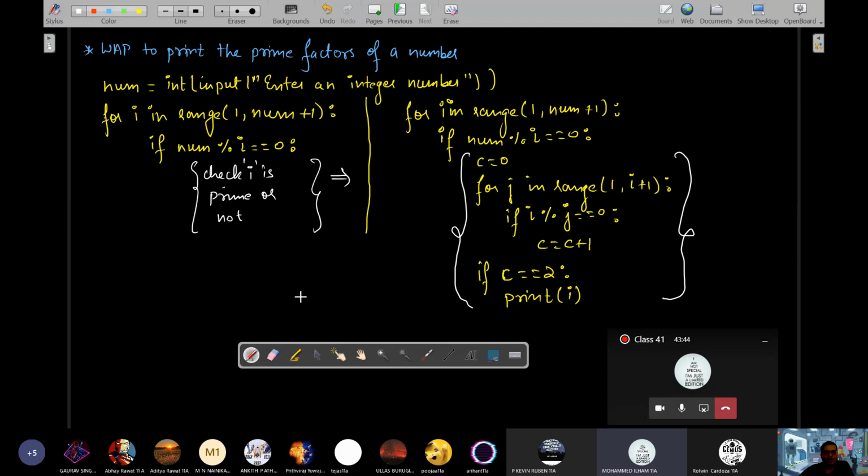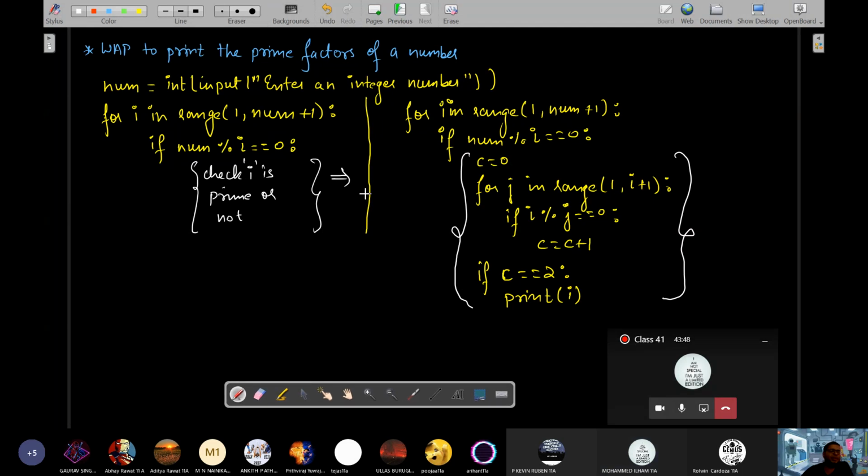Wait. Can you do something? At which point you are confirmed that number is prime? That factor. At last point. Last if. Here, only in this if you are sure that that factor is prime. Yes, sir. Okay. So what we will do is, we will take, in that case, on the top, S is equals to 0. And here, the place where you are sure that number is prime, you will write S is equals to S plus I.